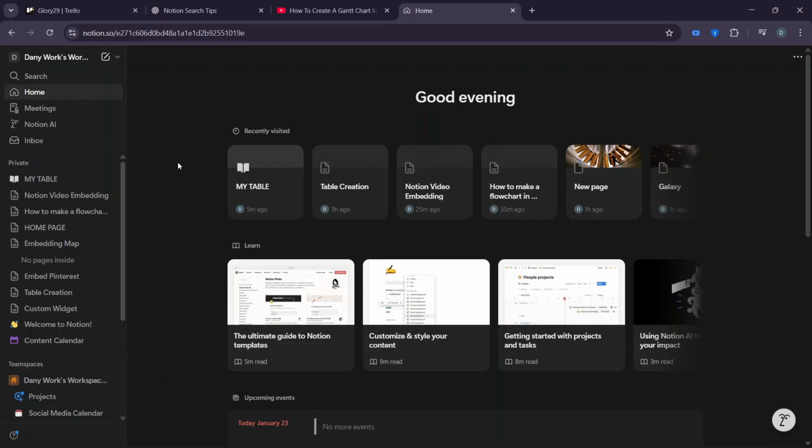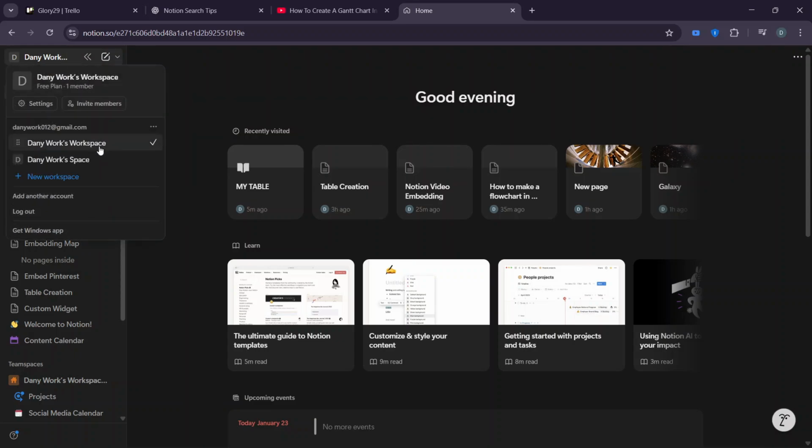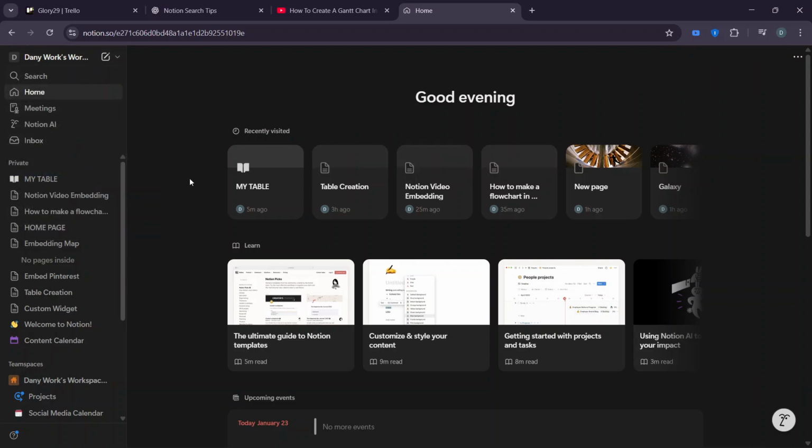In today's video, I'm going to show you how to create a Gantt-style timeline chart in Notion for your projects. Whether you're managing complex tasks with deadlines, or you simply want a clear visual way to track progress and dependencies, this simple step-by-step guide will walk you through everything you need to know and help you stay fully in control